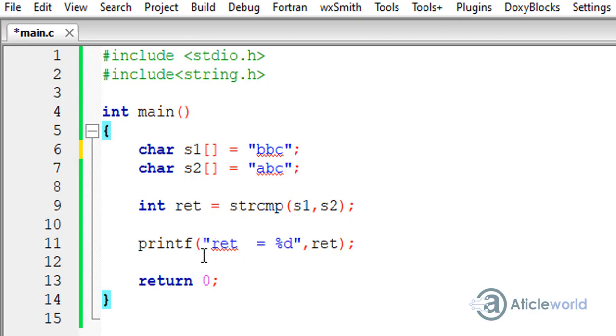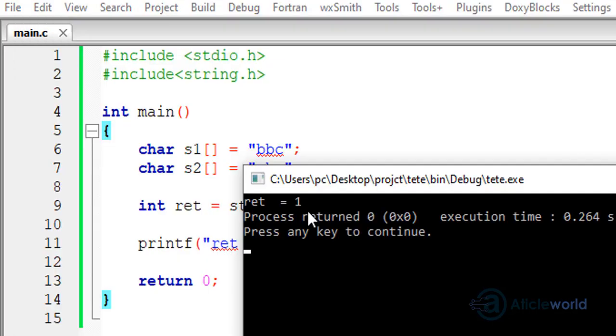According to me, the value would be greater than 0 because s1 is now greater than s2. Why greater? Because the ASCII value of b is greater than a. So let's compile the code. Here you can see that I am getting 1, greater than 0, because s1 is greater than s2.